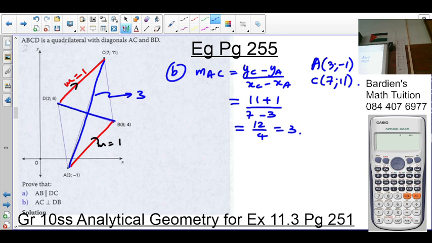Why? Because it's the additive inverse. Because if you multiply 3 with negative 1 over 3, what do you get? Negative 1. You said 3 times negative 3, that's going to give you negative 9. Anyway, let's go with the gradient of